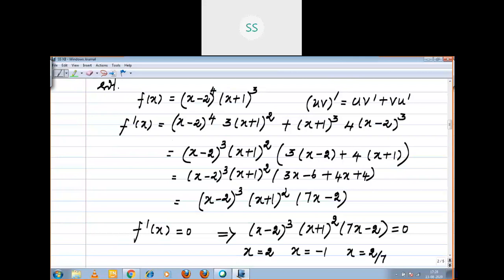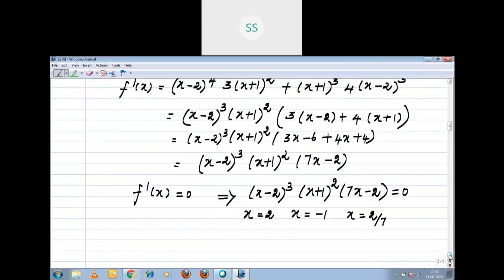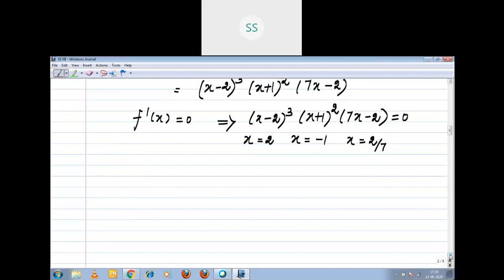One thing you have to listen, children, when you differentiate the function again, you will get it as 3 times (x minus 2) like that. The same thing it will come. If you substitute the critical point in the second order derivative, you cannot say anything. You can say only the point of inflection. For that purpose, we are going to enter into the first order derivative. See, now at x is equal to 2,